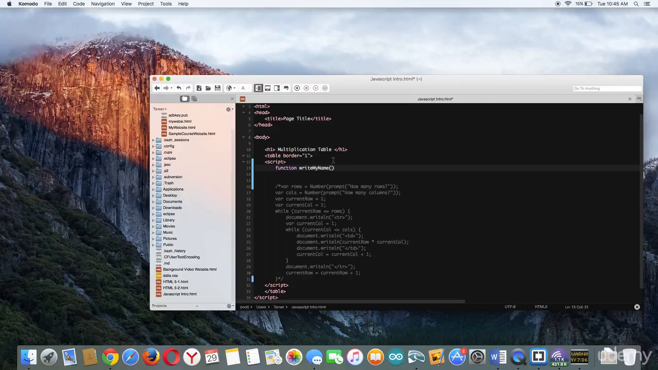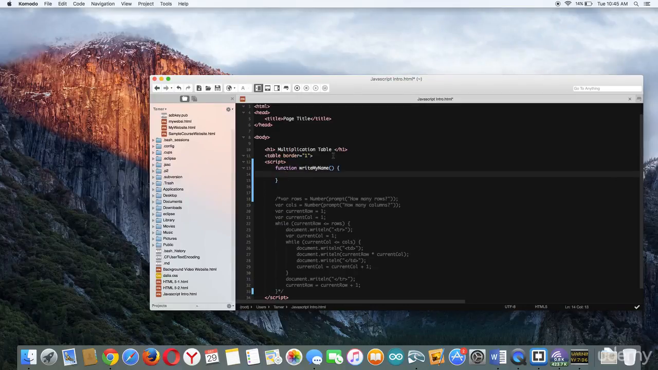Now what's next for a function? Well, we're going to assign it a block of code, and that's usually with two curly braces, an opening curly brace and a closing curly brace. Inside here will be our function code. Whenever we call our function, it's going to run whatever code is inside of it. For example, we call this function write my name. Let's have it write my name. So let's do a